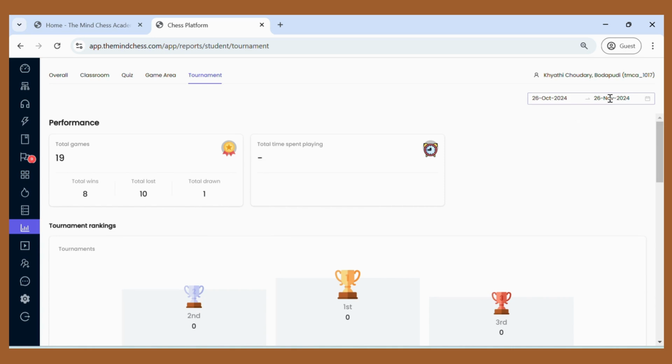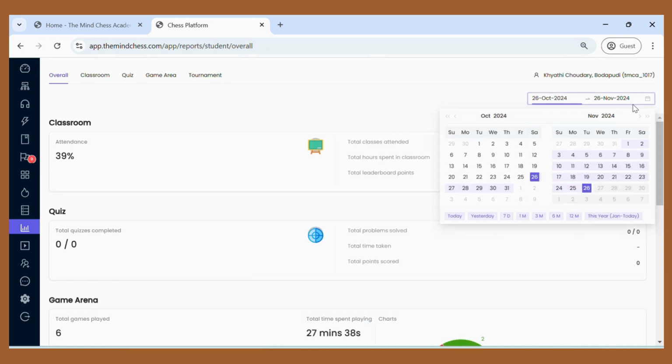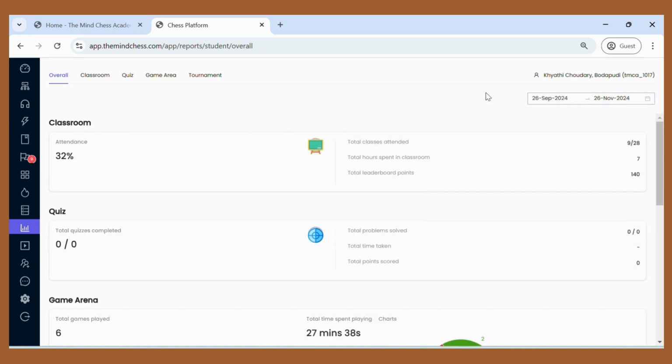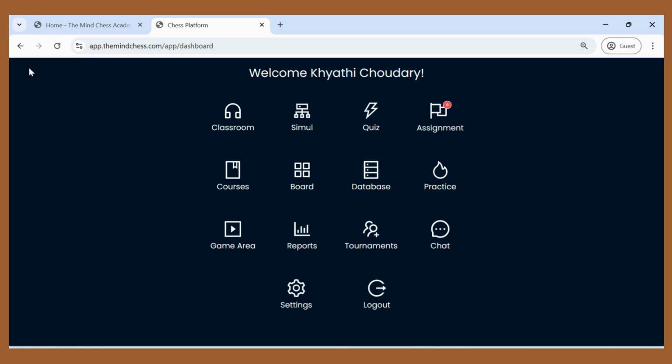So this is the report, and you can also change the dates here. Now it is showing the last 1 month report. For example, if you want to see before that, say September to October, then you can select the month accordingly. Now you can see 2 months of information, 26 September to 26 November. So you can change the date accordingly, and you can see all your report,